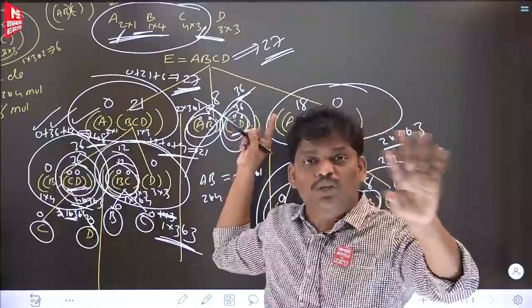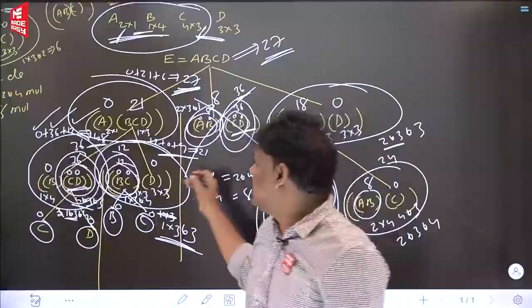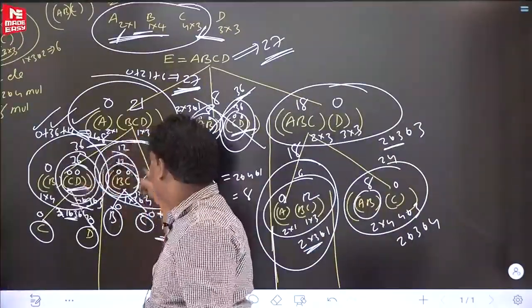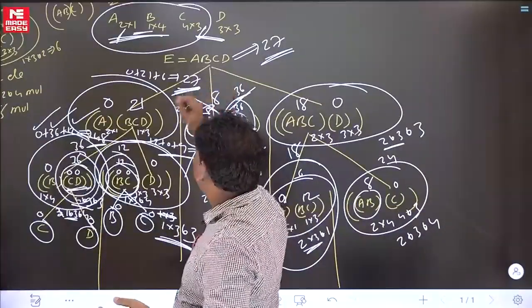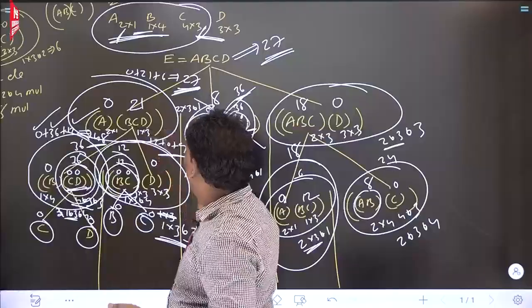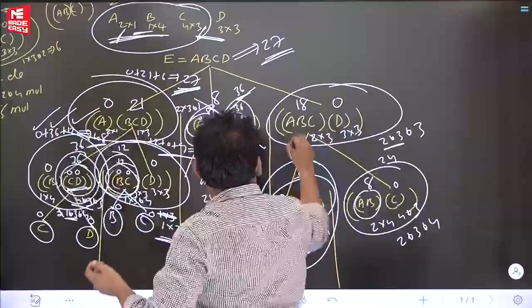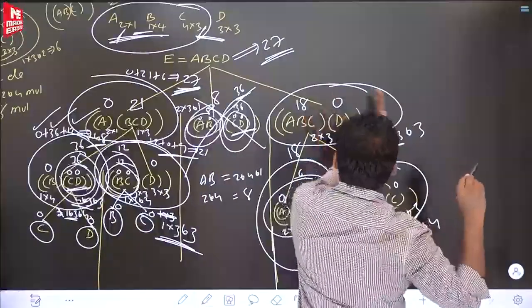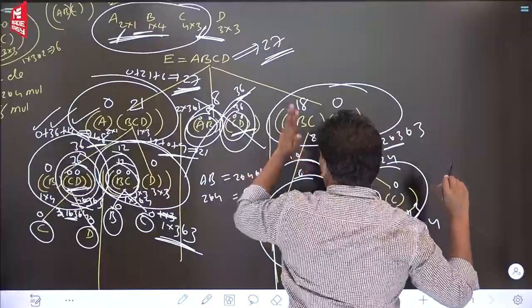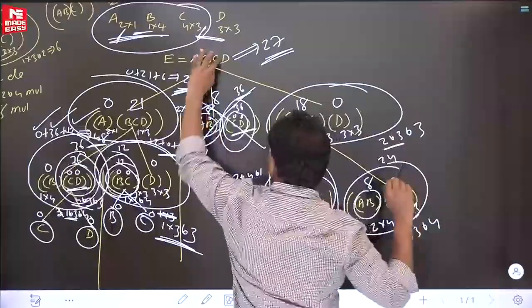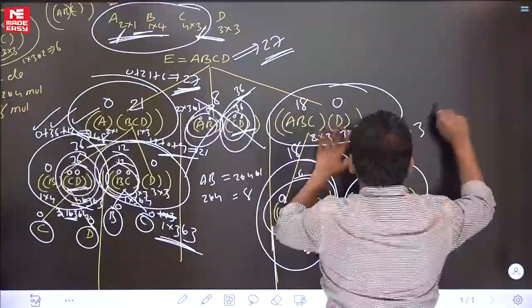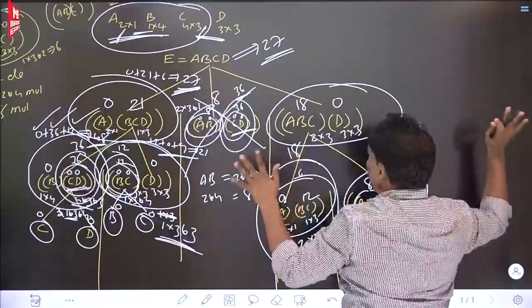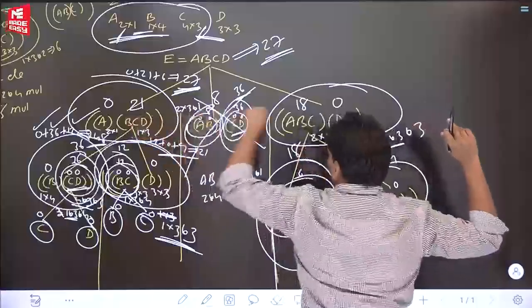Suppose if you give 3 matrices, 2 ways. If you want you can verify. Some people are asking, sir, how? 4 matrices, how 3 ways? What is the answer? Only first 1 remaining, only first 2 remaining, only first 3 remaining. So only first 4 is missing. 4 matrices: first 1 remaining, first 2 remaining, first 3 remaining, first 4 no chance because one side becomes a gap. So 4 matrices, 3 possibilities.